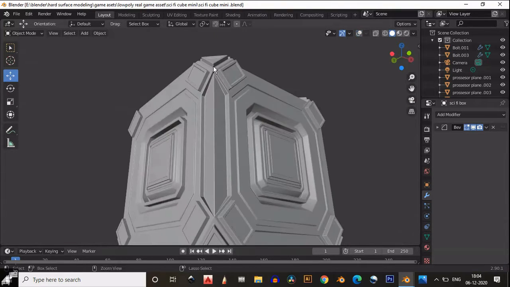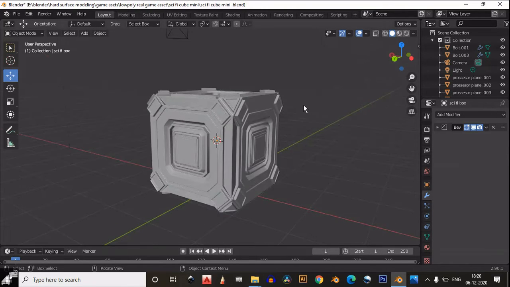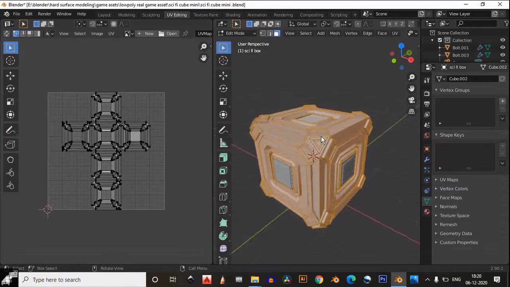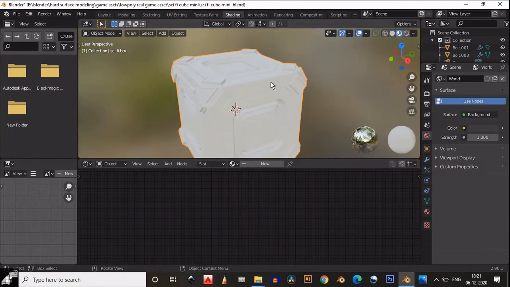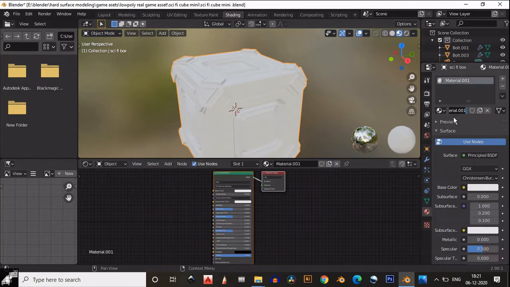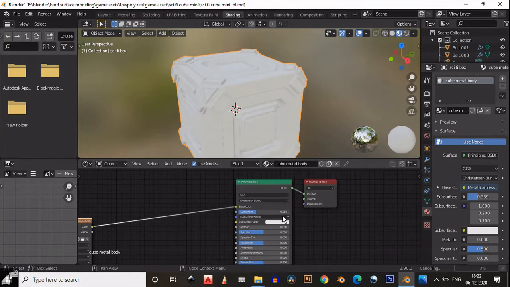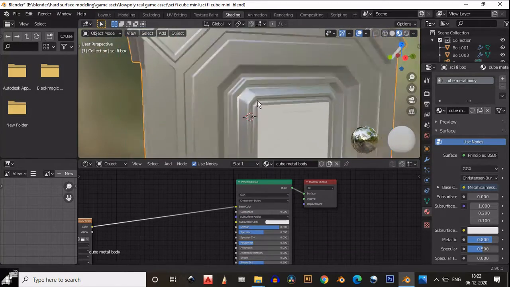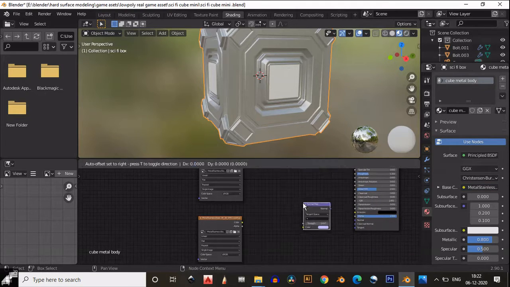Now the next thing, our cube looks pretty good. Now the next thing is UV unwrapping. We don't need to UV unwrap our cube because we have created all the geometry on the cube, and the cube is already UV unwrapped. And we don't need to UV unwrap the plane also because the plane is also already UV unwrapped, and we created that processor with the help of the plane. Now the next part is the shading. I have given a simple base color for this metal cube, the sci-fi cube. It is a metallic texture I have created, and I have added one texture, which is the metal texture. I have downloaded that free texture from Poly Haven, you can also download it,